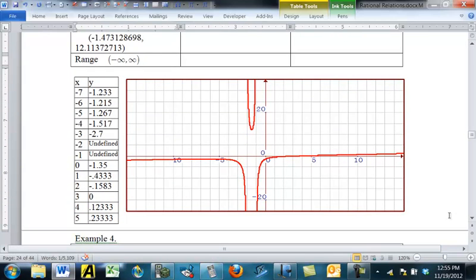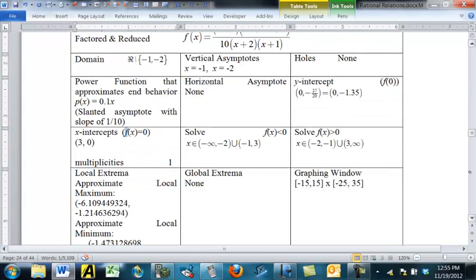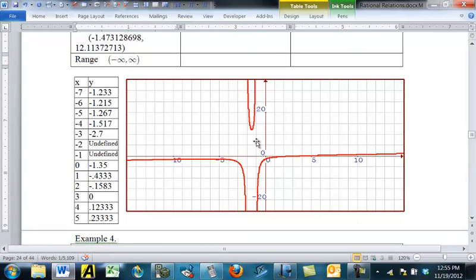Here's what the graph looks like. You got 2 vertical asymptotes, -1 and -2. So that's this grid line right here and this grid line. In between those, it's got to be somewhere. So we had to go quite a ways up here. Notice this is 10. We need to go up around 12, 13 here just to even see the bottom of this thing. So I need to go up like, what have I gone up to? 35